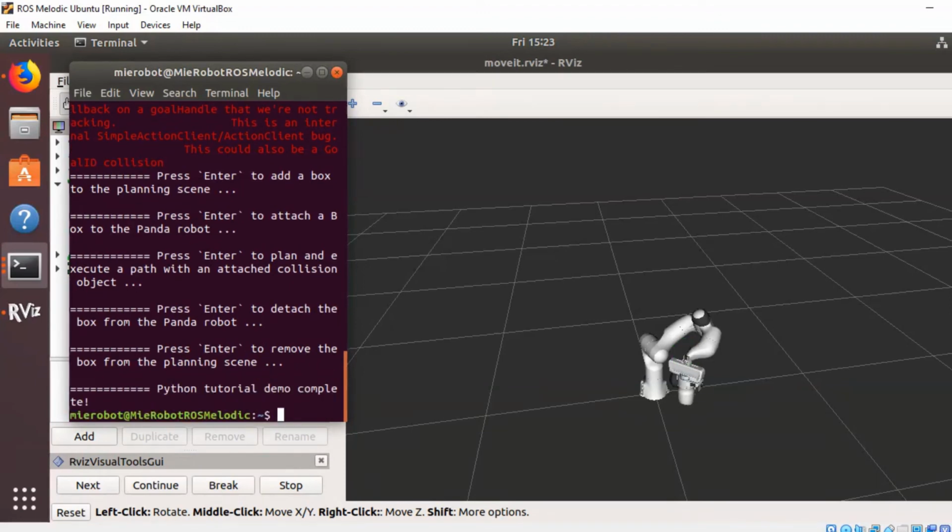Okay, and that completes the interface and the Python tutorial for this particular wrapper class of Python. I hope this was helpful, and you can go and try it out because everything is inbuilt. All you have to do is execute the commands in the order I showed you, and it will work perfectly fine. I hope this was helpful, and I'll catch up with you in the next video.